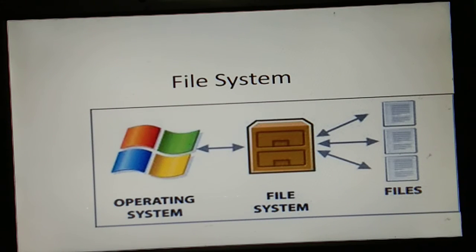So your Windows also consists of various types of files. So the question arises: what is the meaning of a file system? Basically, a file system defines the ways in which files are named and where they are placed. So it is called the file system. Basically, file system includes proper arrangement of files and folders with their proper names.